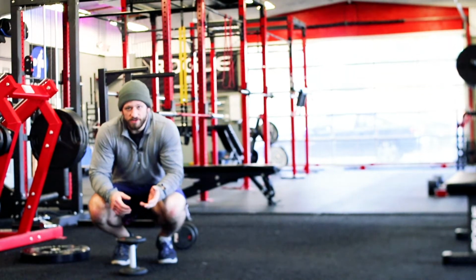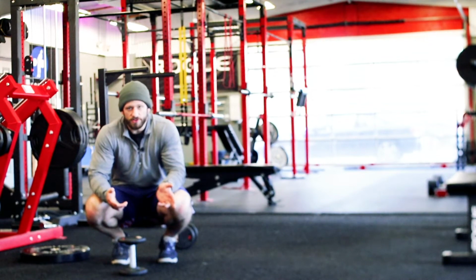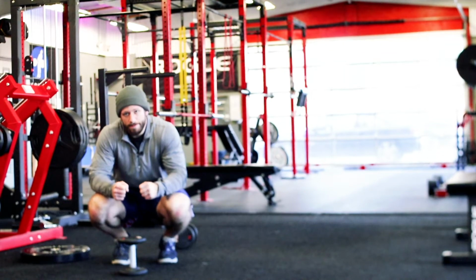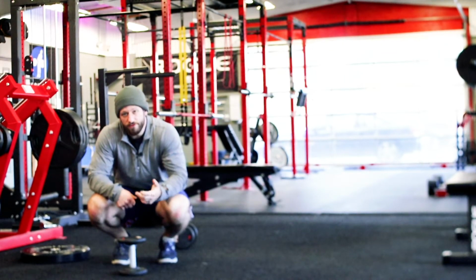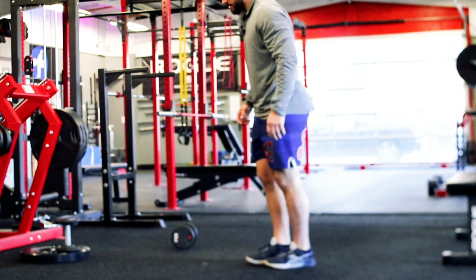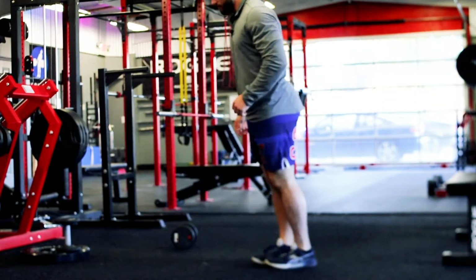The other way we can do it, right? So reverse lunge is gonna load a little bit more hamstring and glute. When we talk about muscle contractions, you get a little bit more eccentric load, basically the lengthening of the muscle, then the braking forces of the muscle. So then we talk about a forward lunge. So you're just stepping forward into that position, stepping out, catching yourself, the knee touches,